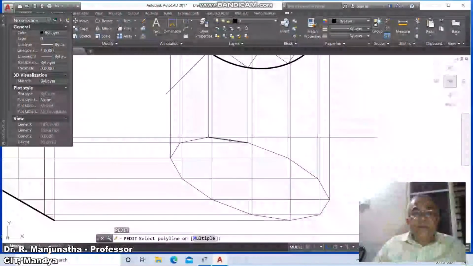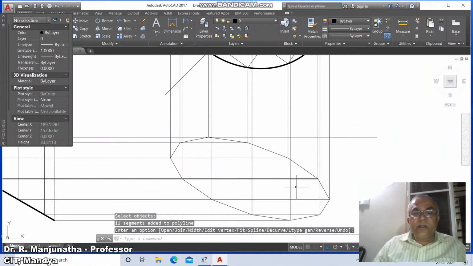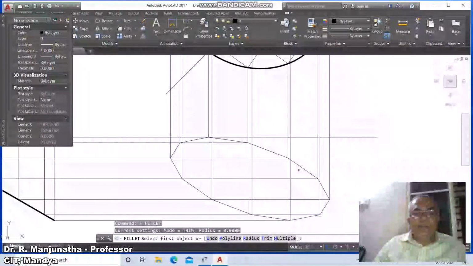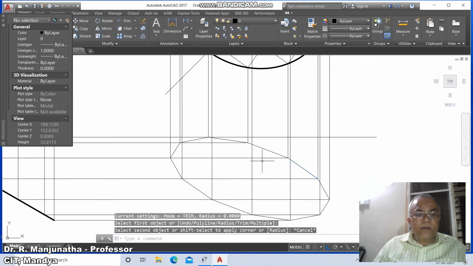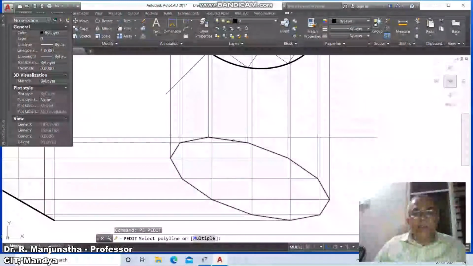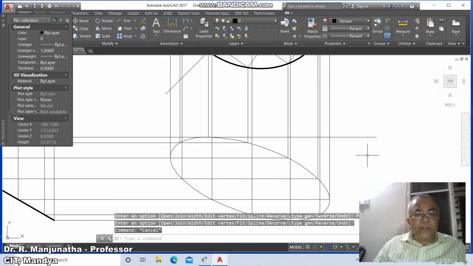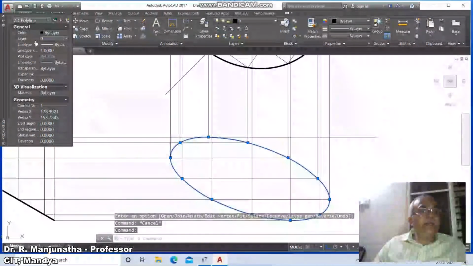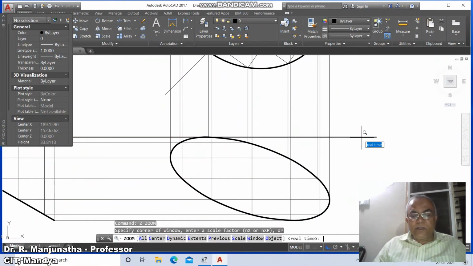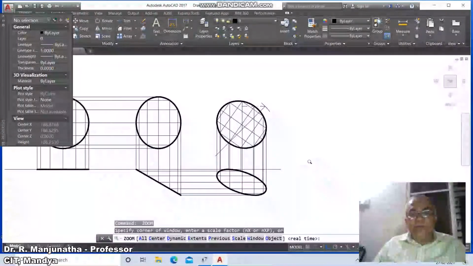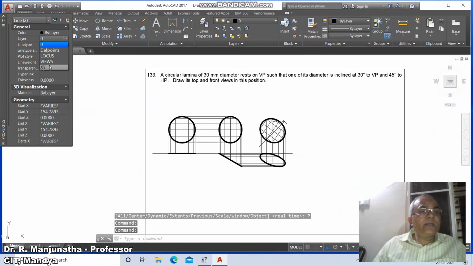Then go to pedit, select this, join this entire thing and accept. Then go to pedit, then fit. Then go to pedit, select this, go to pedit, select this and go to fit curve. Then exit. Then select this and take this layer as views. Then you just click on this, then go to zoom previous, then zoom previous, then you select this line and make this layer as XY.